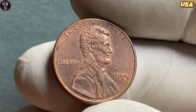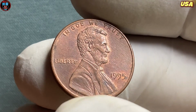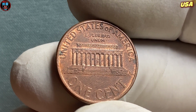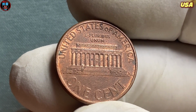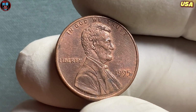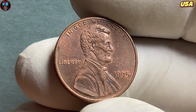And while most people may overlook a penny on the ground, coin enthusiasts know better. Every cent has a story, and sometimes that story can be worth a fortune. In recent years, high-grade 1995 double-die pennies have set impressive records at auctions, proving that interest in this coin hasn't faded with time. It remains one of the most famous error coins of the 20th century, celebrated by collectors, historians,